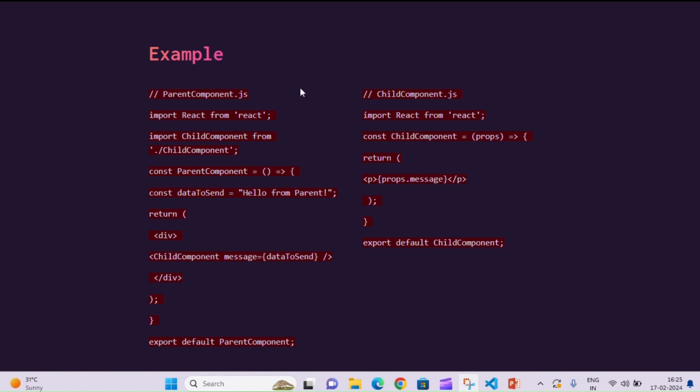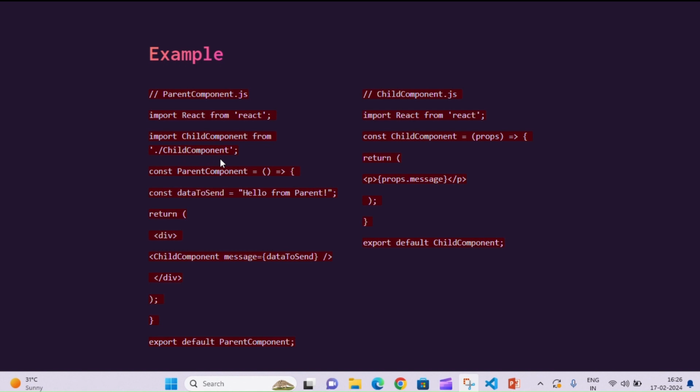Here is an example of props. First, parent component.js. Import React from 'react' means import the React library, which is necessary for writing React components. Here is import ChildComponent from './ChildComponent'.